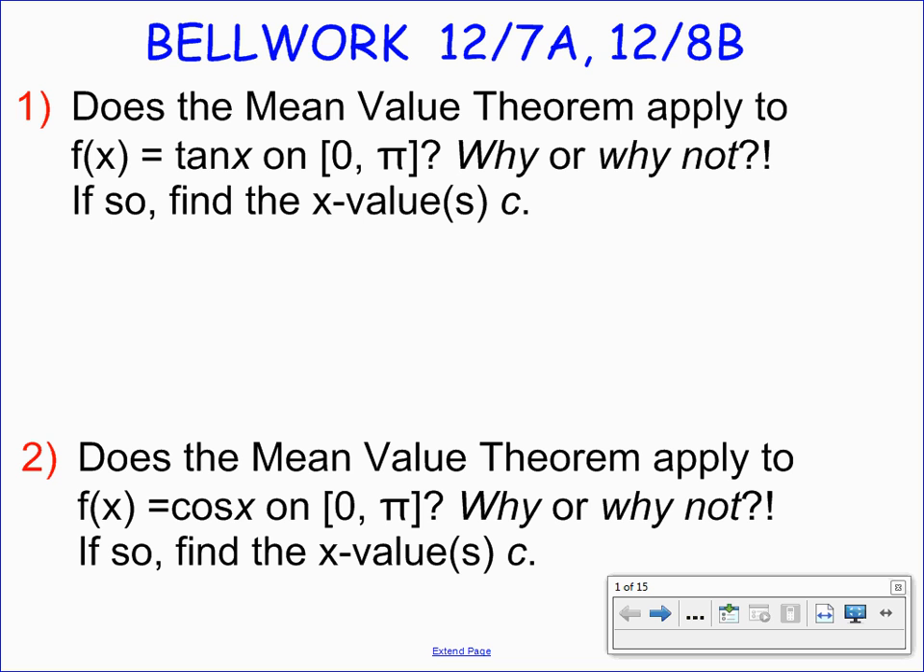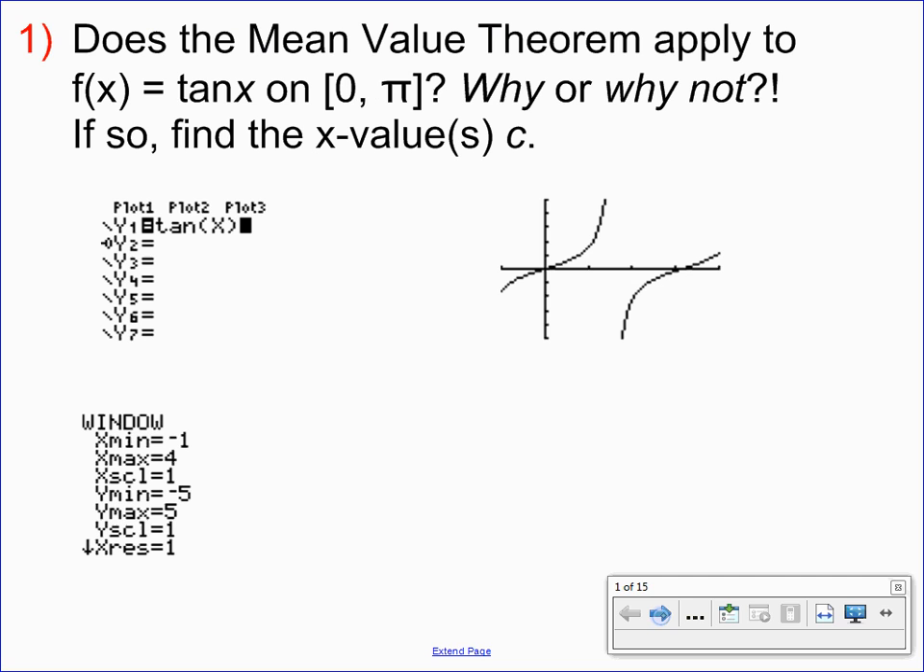So here we go. Does the mean value theorem apply to f of x equals tangent x on the interval 0 to pi? So did the mean value theorem apply for that first function, tangent of x on 0 to pi? Riley? No, how come? Because there's an infinite discontinuity at x equals pi over 2. Absolutely. And so, no, we cannot apply the mean value theorem